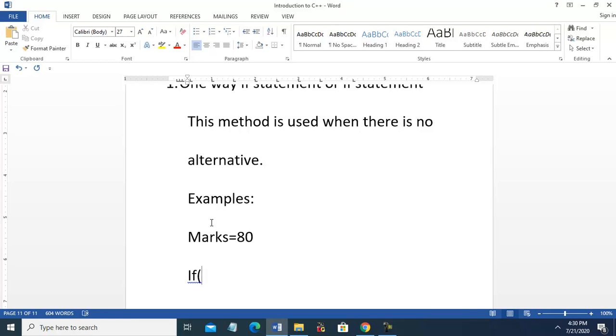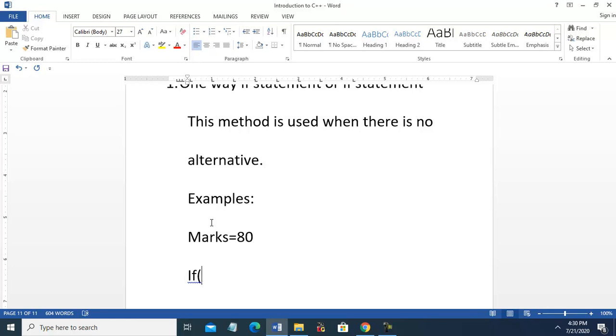How will we check? For example, if a student obtains good marks, then parents will give him a good prize. Parents are happy, friends are happy. So we will apply conditions like that.